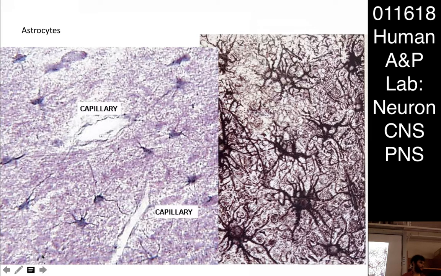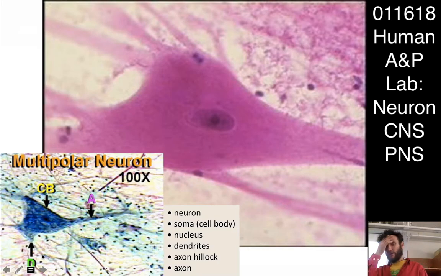They're really distinctive. They're easy to identify. They don't have a long axon sticking out of them because they're not conductive, but they are star-shaped cells, all right, astrocytes. You don't have to know anything else about them in their morphology, at least their anatomy, besides recognizing them. Okay, now on to a neuron,